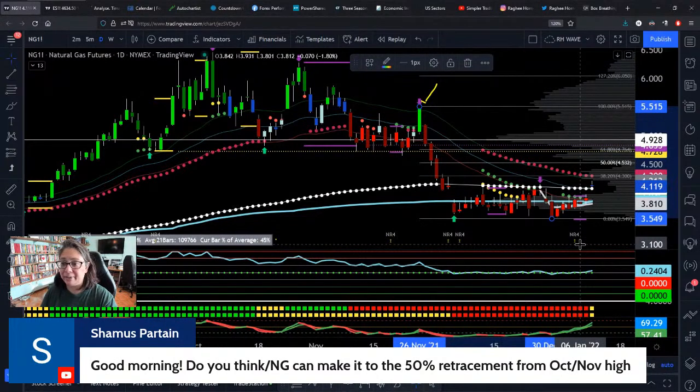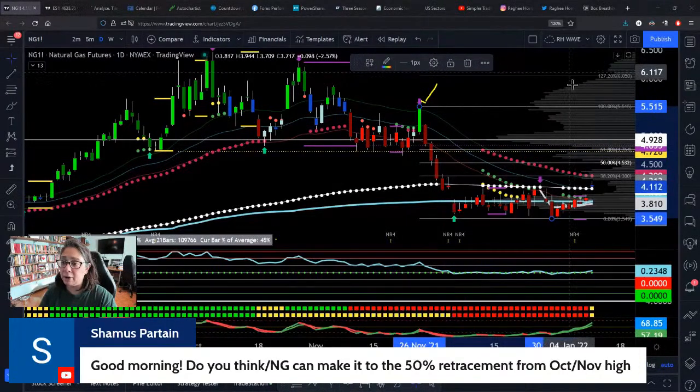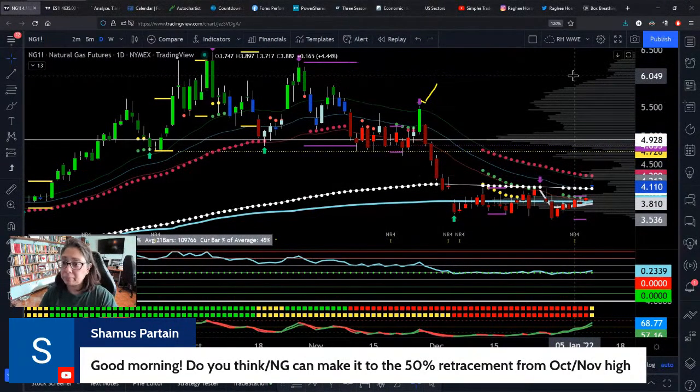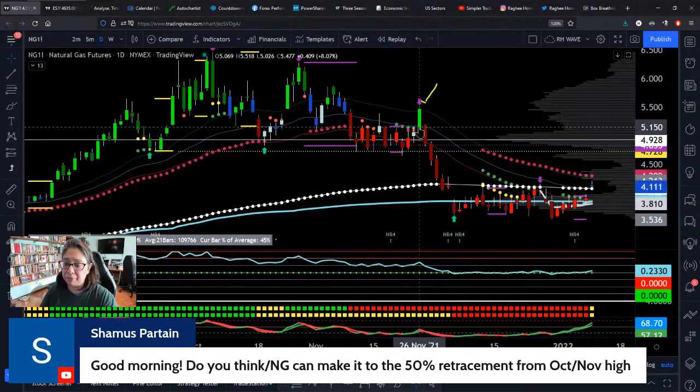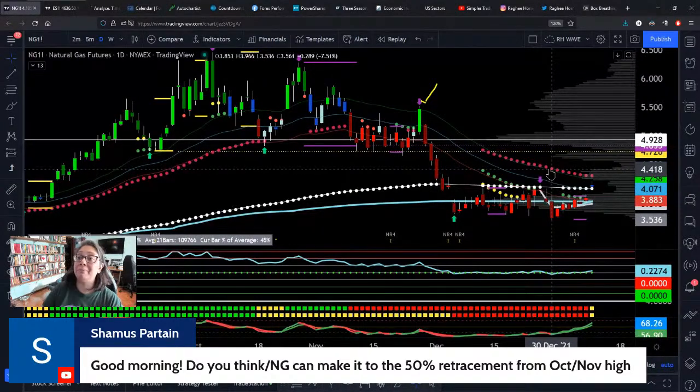Tough to say. I'm not going to say yes. The gap close was the first step. If we can remain above the gap close, 453 looks pretty interesting. Yeah, it looks pretty interesting, Seamus. Yeah, it could be in play. All right. And by the way, that's the fib pull from 26 November to 30 December.